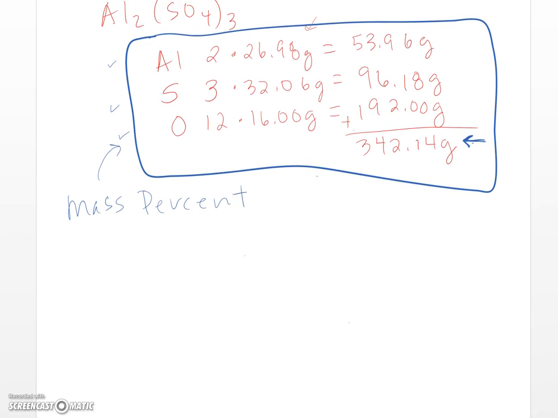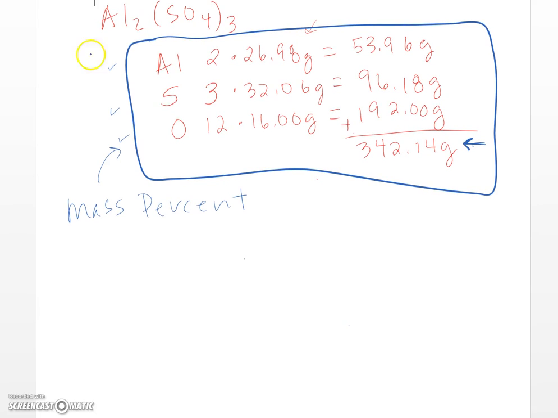So I'll slide this up so we can see our formula here. So we want to know what percent is aluminum, what percent of it is sulfur, and what percent of it is oxygen by mass. If I list my three elements, I have aluminum, I have sulfur, and I have oxygen. If I know my total mass of aluminum is 53.96 grams, and then I'm going to divide that by the gram formula weight, which is the total mass, 342.14 grams, times 100%. It's going to tell me that my compound is